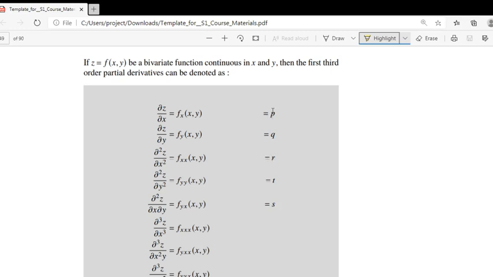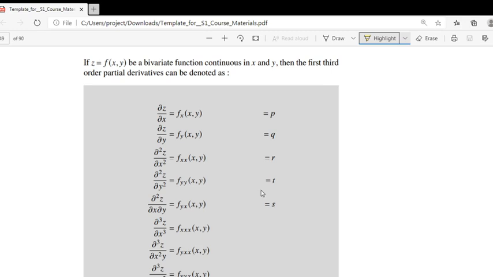First order partial derivatives have two notations, p and q. They are respectively the partial derivative with respect to x and the partial derivative with respect to y. For the second order derivatives, the partial derivative with respect to x two times is r, the partial derivative with respect to y two times is t, and the mixed derivative is denoted by s. These r, t and s represent second order partial derivatives. Higher order partial derivatives can be calculated, but there are no specific notations for partial derivatives beyond second order.